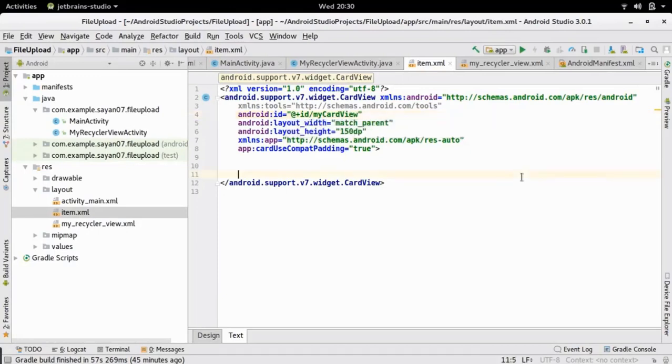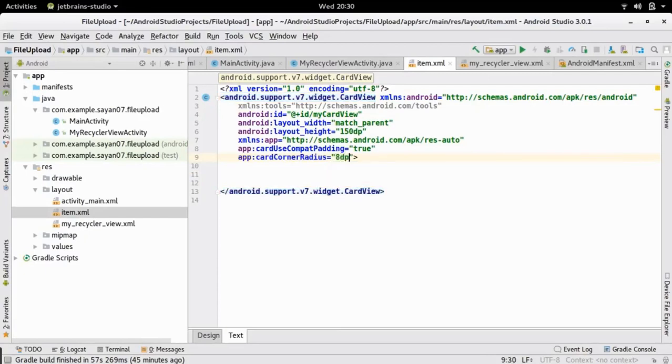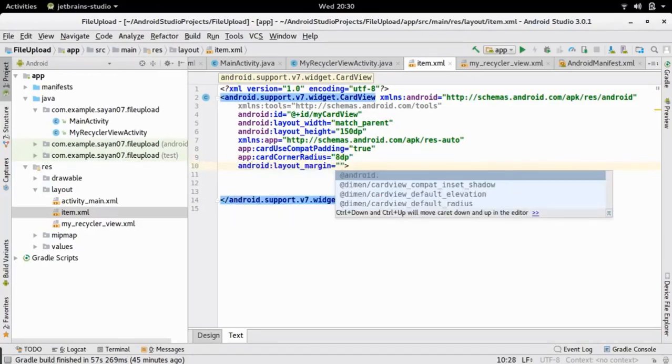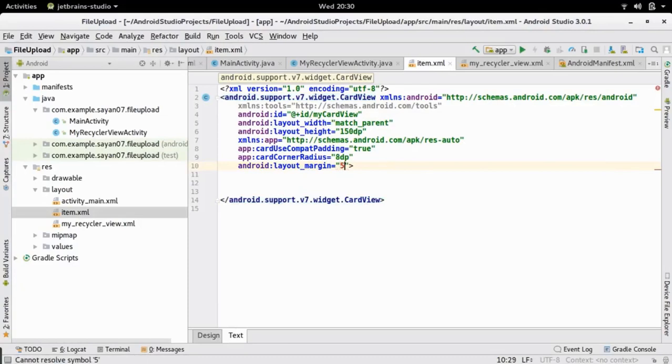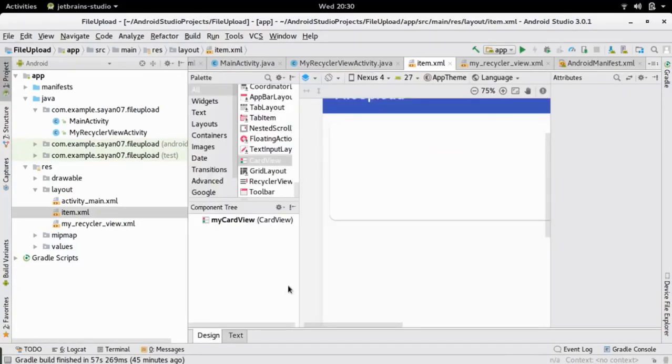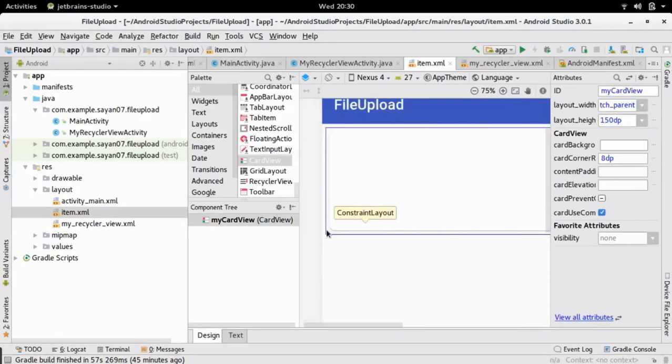So it's successful. Now let us provide some corner radius, so it will just make the card view look nice. Let me provide it as 8 dp and provide a margin also so that it looks neat. So provide it as 5 dp and let us check the design part. So see, this is our card view. It looks nice. It has a corner of 8 dp and a margin of 5 dp